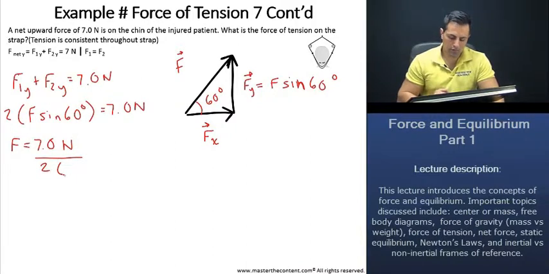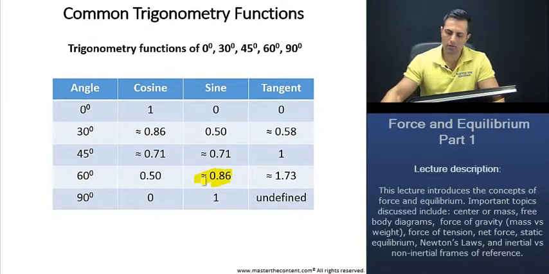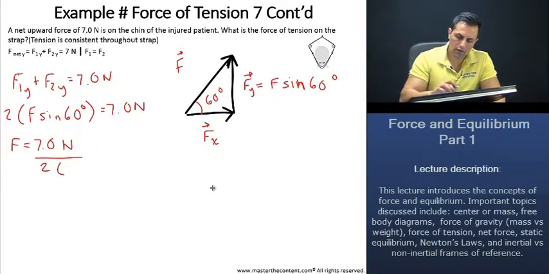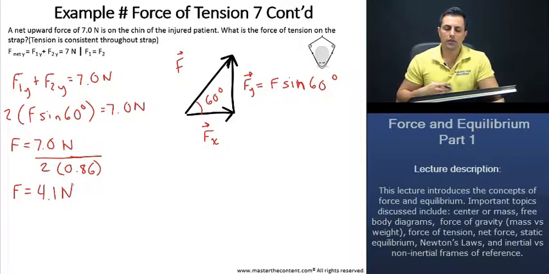Well, if you guys recall from our trig functions, I told you to really commit these to memory, the common trig functions. Sine 60 is just going to be 0.86. Thus, if we go back, that's going to be 7 newtons over 2 times 0.86. Now, once we equate this, we find that the force on the strap is going to be 4.1 newtons. There you are. So that shows you a pretty good progression on how comfortable you should become with the